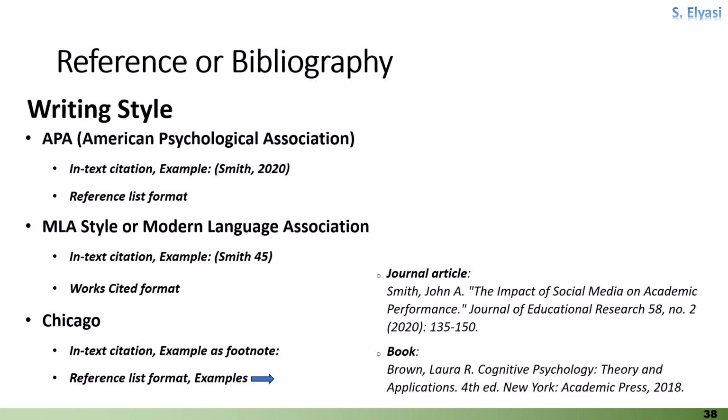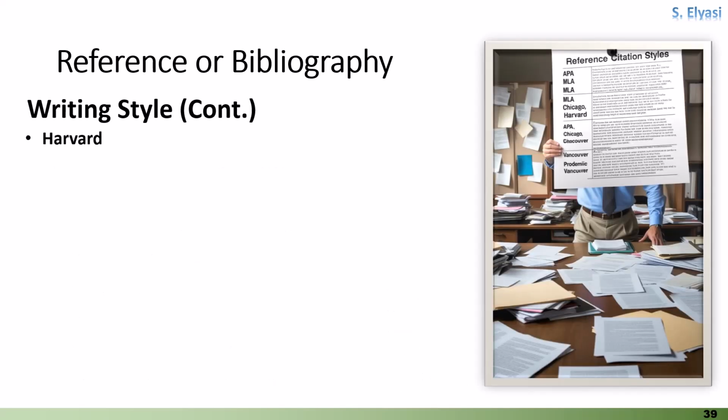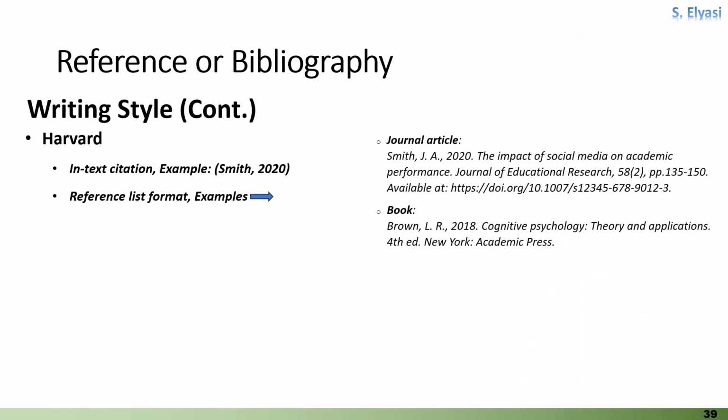of articles and chapters. Harvard style is a widely used referencing style in many disciplines, particularly in natural and social sciences. It is similar to APA but with different formatting rules for in-text citations and the reference list. In-text citation. Harvard uses the author's last name and publication year in parentheses, like APA, but sometimes includes a comma between the author's name and the year. Reference list format. Harvard style lists references alphabetically, and the title of the article or book is italicized. The first word and proper nouns are capitalized for titles.